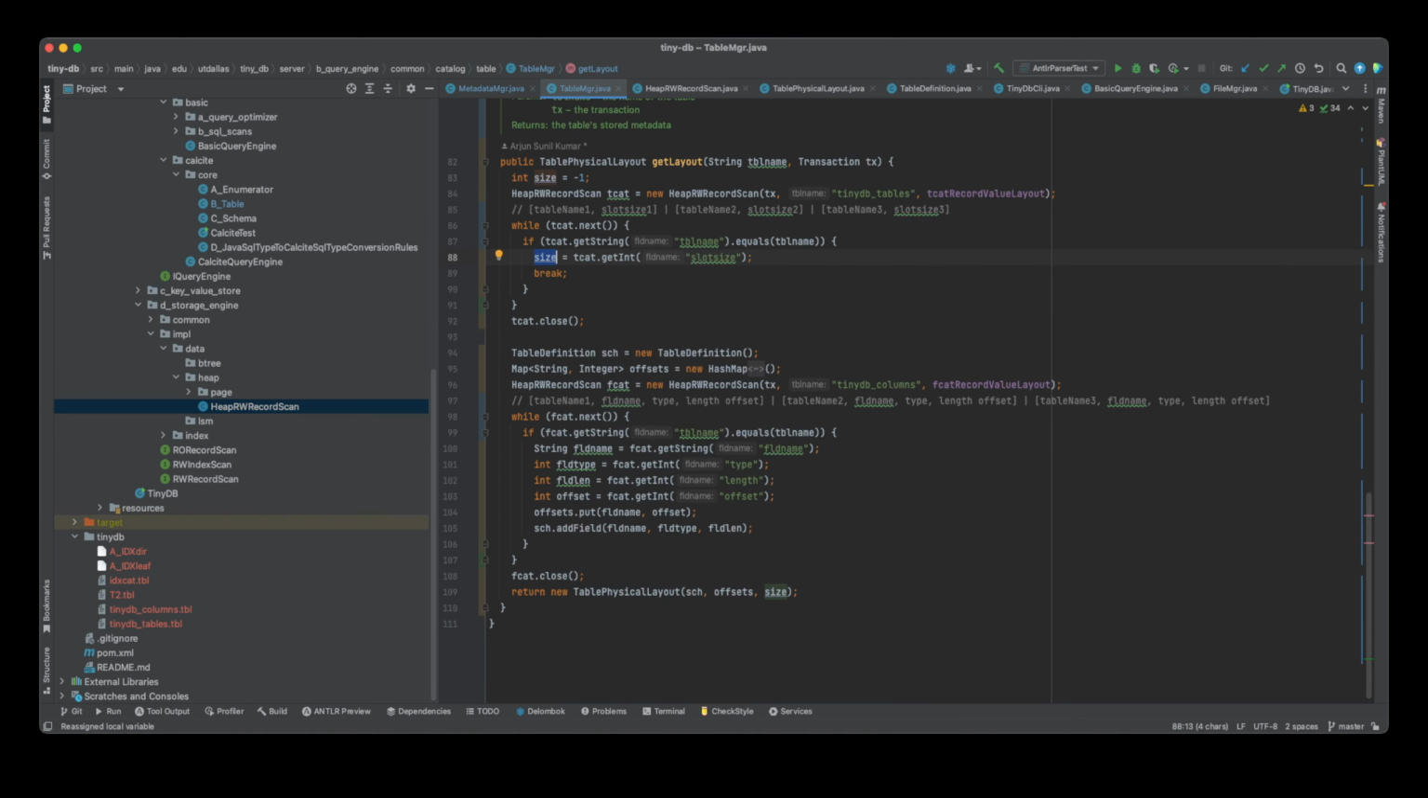Similarly, we will use the columns table. Sorry, not the catalog table, the columns table. And in the case of the columns table, we have the same layout. Basically, we iterate through all the records and find out which record contains the corresponding table name and what are the field values